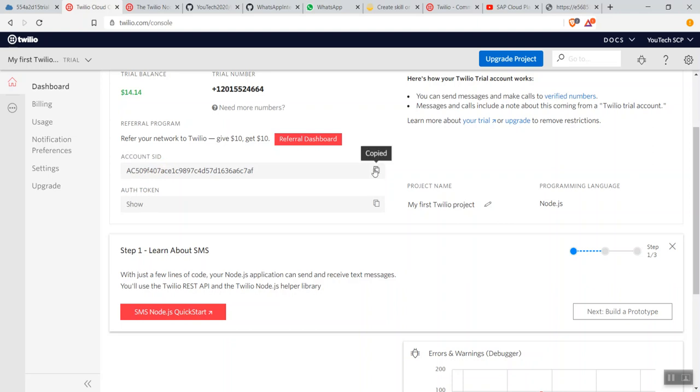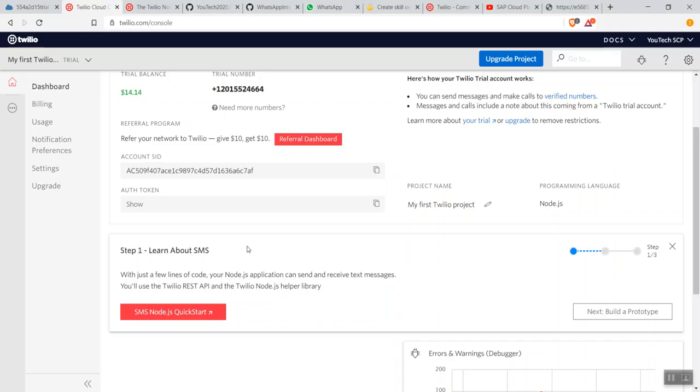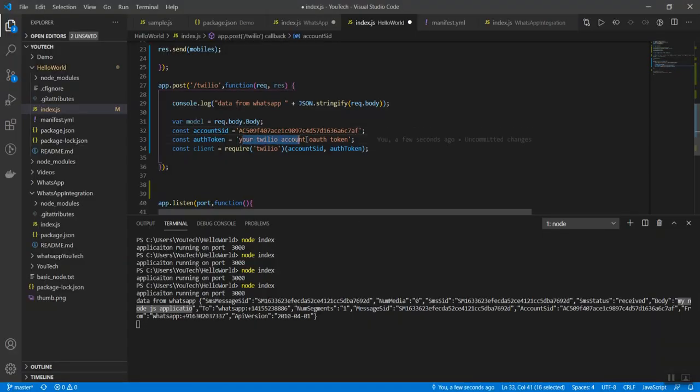Copy the account SID and paste it, and don't give any spaces. After the account SID is copied, show the token, copy it, go back and enter my authorization token. So that's it. Using the require module, we are successfully authenticating Twilio using the account SID and authentication token.